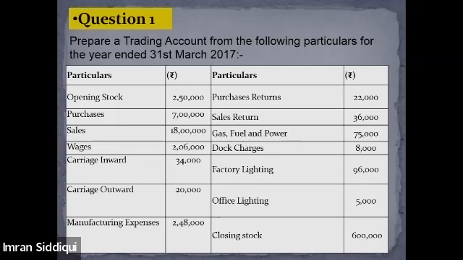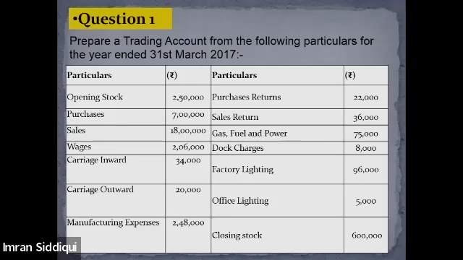First of all, you must have written opening stock 2,50,000. Yes, I've written opening stock 2,50,000. Then purchases after subtracting, I got 6,78,000. That is right. Then carriage inwards, manufacturing expenses, gas, fuel and power, dock charges, factory lighting. After adding the debit side, I got